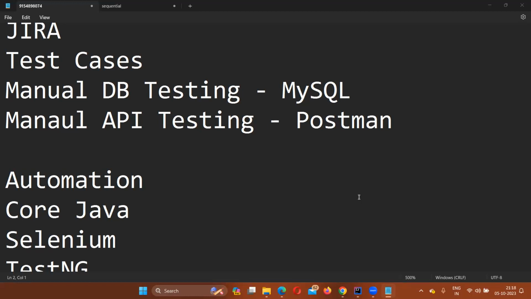Because we're not going to cover what is My Computer, what is File Explorer, what is cut, copy, paste. We're not going to cover all of those basic things in this particular course. You are expected to have basic computer knowledge and basic maths knowledge: your basic arithmetic operations, addition, subtraction, multiplication, division. You're expected to know these two things before you join this course. If you know these two, this course is for you.